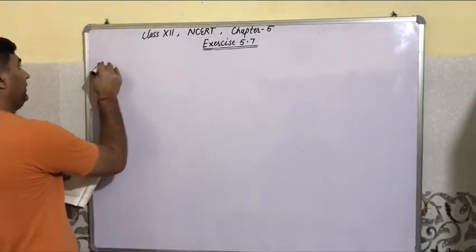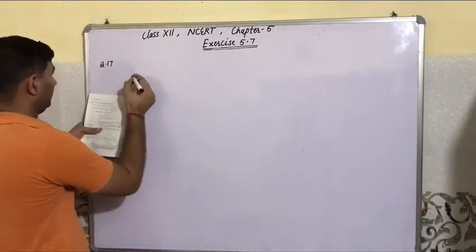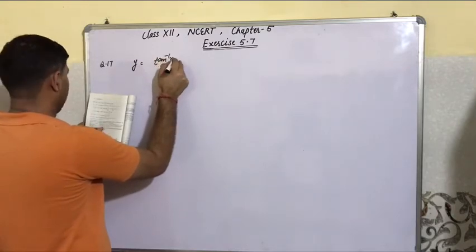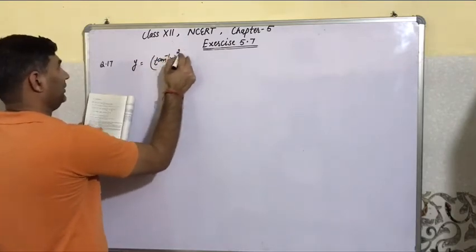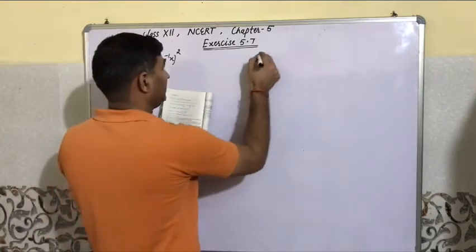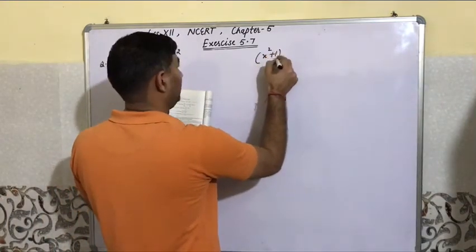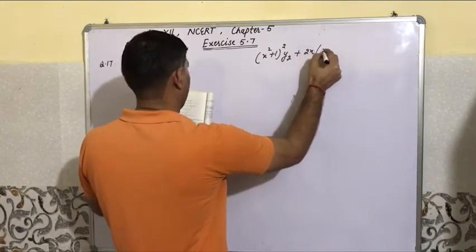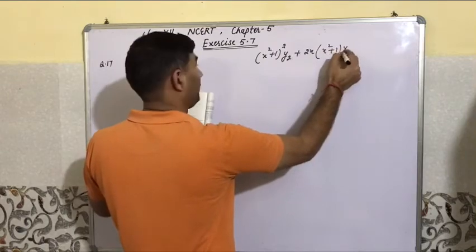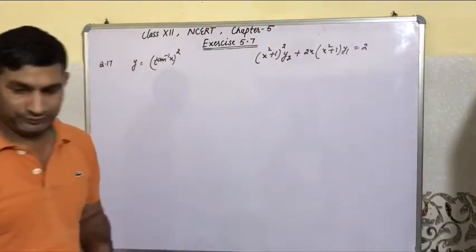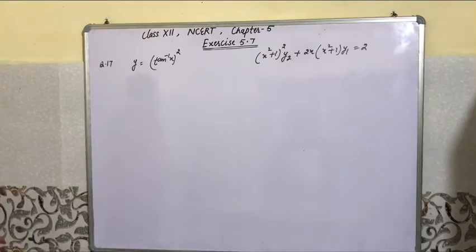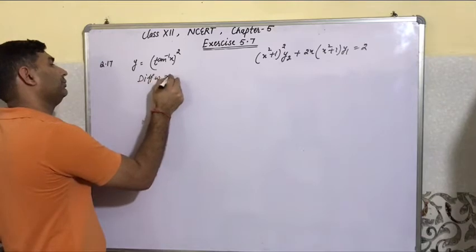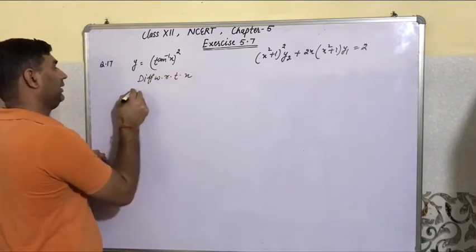Question number 17. Then y is equal to tangent inverse x and their square. And then show that this x square plus 1 and their square y2 plus 2x into x square plus 1 y1 is equal to 2. Then differentiate this. Differentiate with respect to x. Then dy by dx